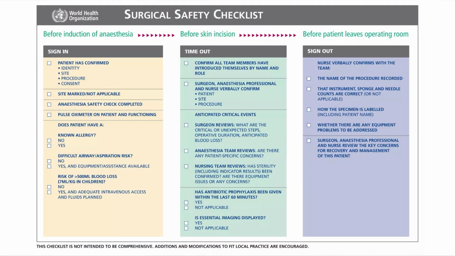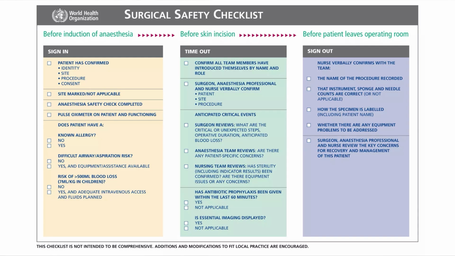Now, from everyone's perspective, we have to discuss the anticipated risks and what measures are taken to prevent them. The surgeon can tell what critical steps he is expecting, the duration of surgery, and whether there is a risk of any other specialty being involved, like if he needs a urologist or a colorectal surgeon during gynecological surgery, so he must be informed beforehand. If the surgery is going to be prolonged or more than average blood loss is expected, then we have to inform the blood bank and make the necessary arrangements.